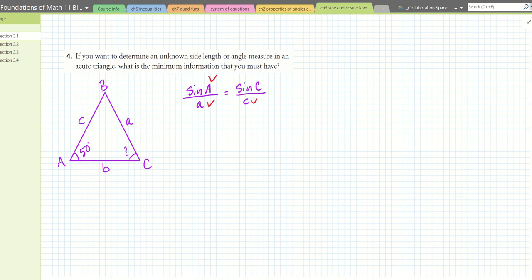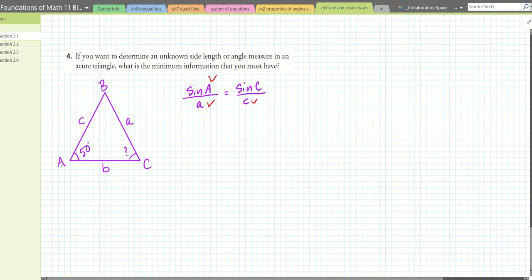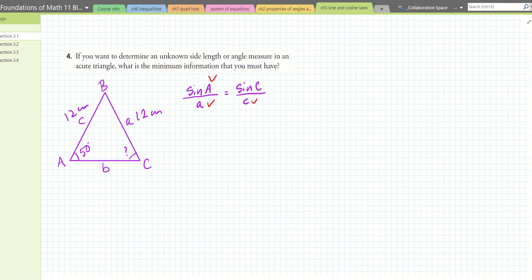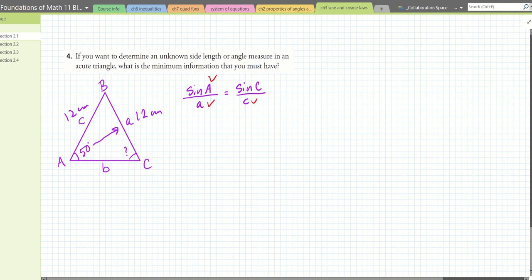That means you need to have 3 things out of the 4 every time you're looking for something, whether it's the side that's missing or the angle that's missing. So in this case, if you are looking for angle C, you have to have angle A, you have to have side a, let's say this is 12 centimeters, and then you have to have side c, let's say it's also 12 centimeters. Now you can find angle C, which means you have to have an angle and an opposite side to it, and then another side. So that's the requirement